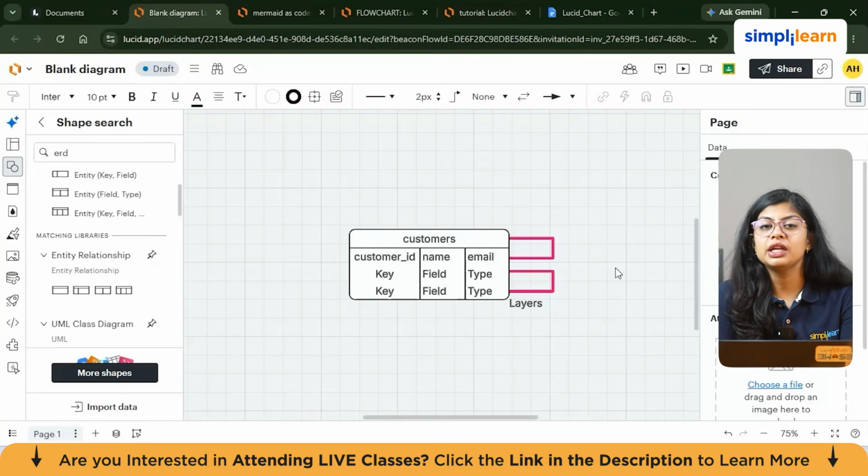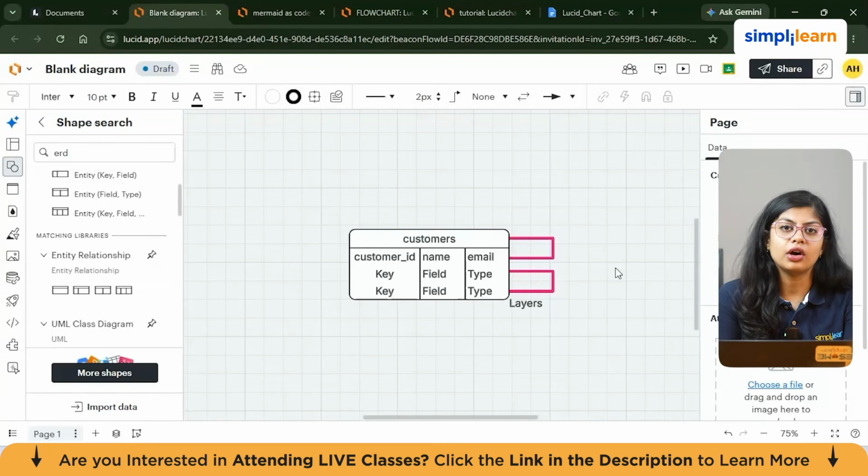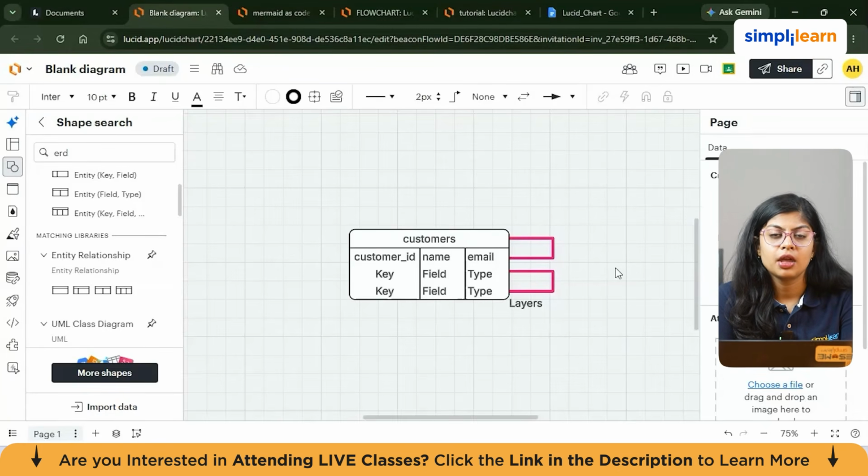Now, similarly, you can create another one, which is order, and have the columns as order ID, customer ID, order date, order status, and total amount. The order entity stores order level information. Notice that customer ID appears here too. Customer ID, which is a unique identifier, also appears in that column as well. That is how the order connects back to the customer. Now, similarly, you can create the products and connect it as well.